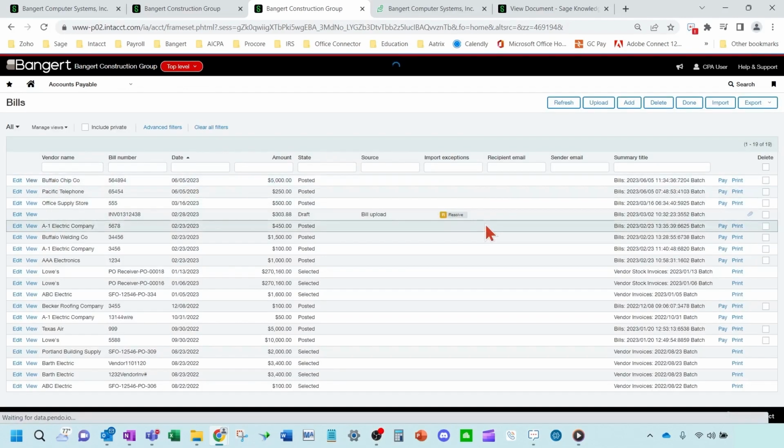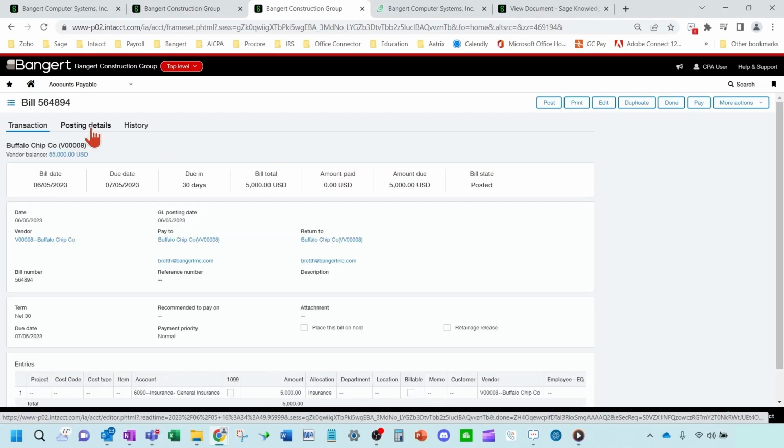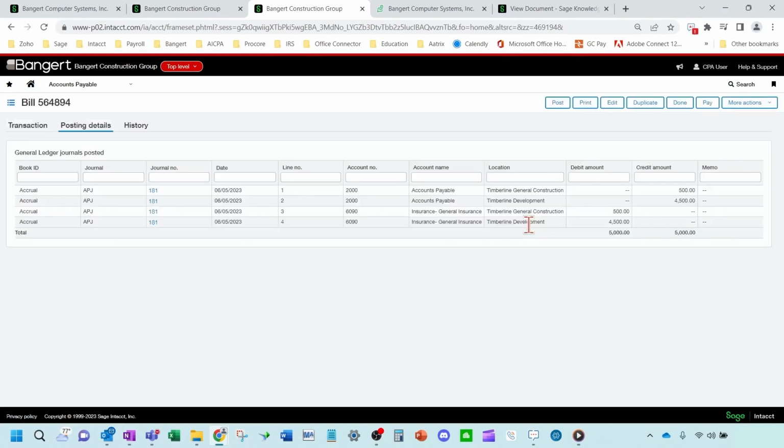And now let's go look at that bill and see what the general ledger posting looks like. So as you can see, we told it $500 in our allocation set up to go to the GC company and the remainder to go to the development company. So you can see the AP and the expense accounts here.